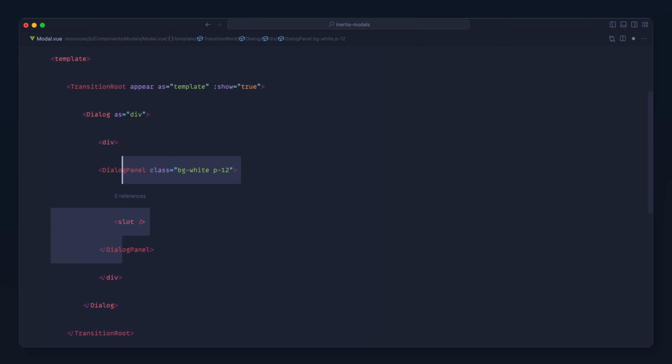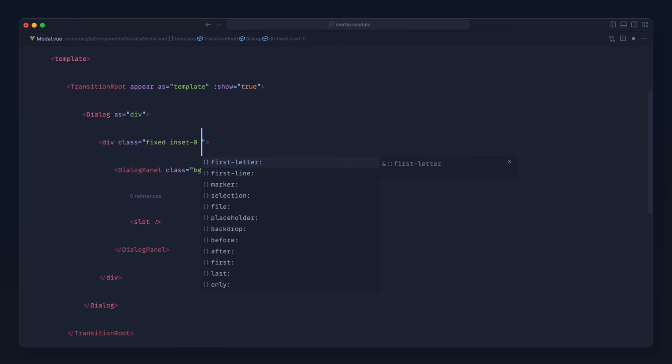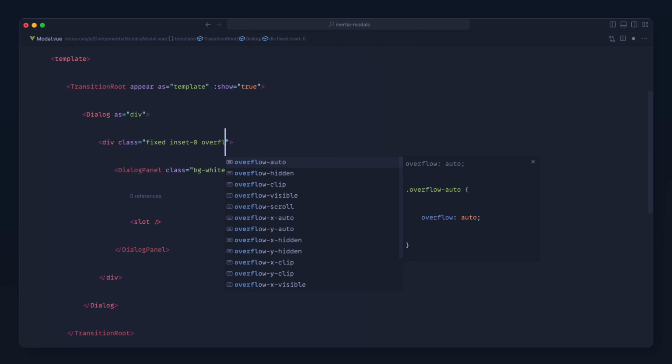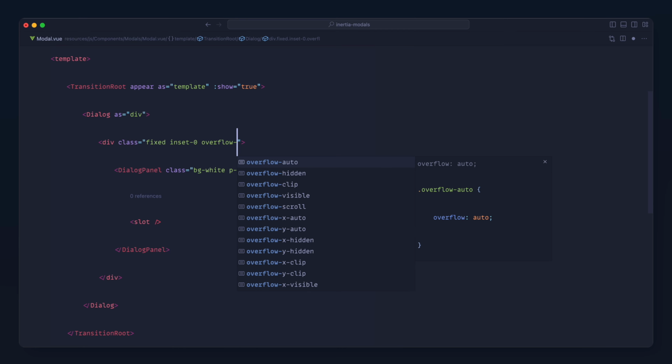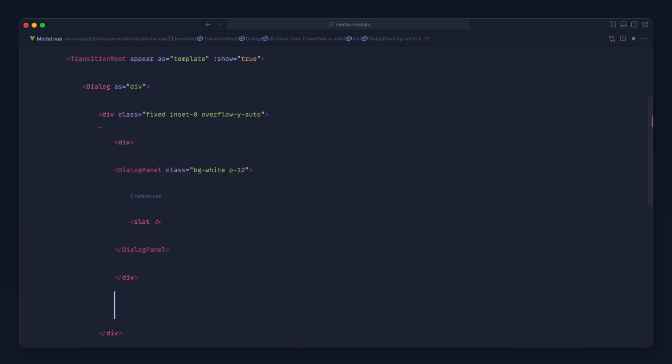So let's go ahead and create a div around here. For the outer wrapper of this, we want this to be fixed. Modals are going to be in a fixed position. We'll use inset 0 to position this, and we'll set overflow on the y-axis to auto. And then just inside of here, let's position the dialog modal within the overall dialog, which takes up the entire page. And we'll set this to flex so we can